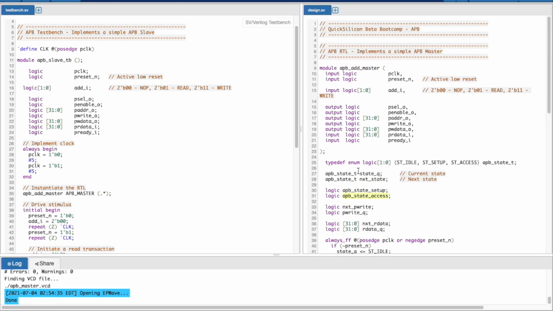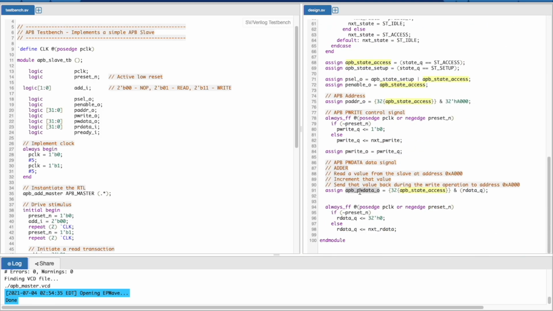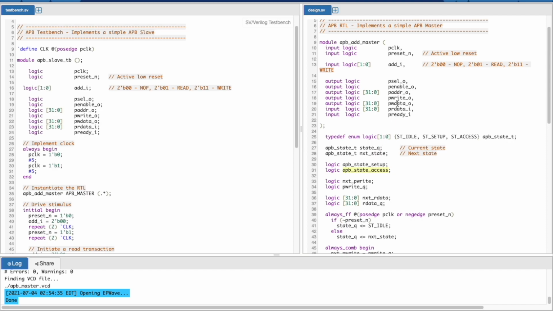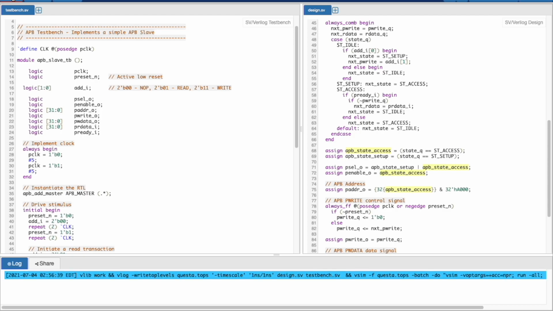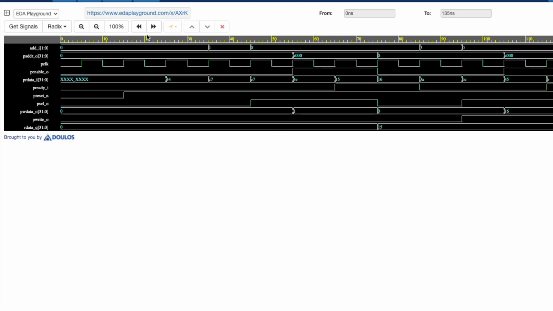Is this correct? Okay, yeah, the signal name is not correct. Right. And now we see a value of 16 here.